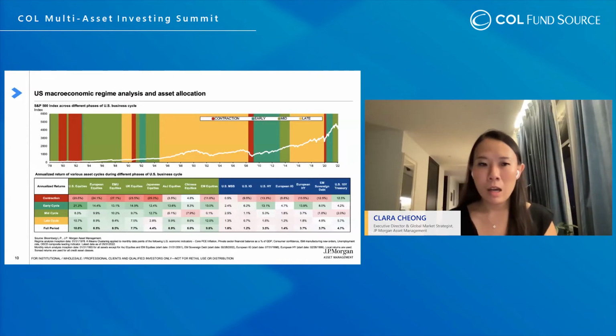What we think is really helpful in credit spread exposure is that the duration component of returns can actually act as a diversifier if we do progress from a late cycle condition to a contraction. This helps investors get some income while they are waiting to see how this situation plays out, instead of having negative returns on their cash. And this will help the overall risk-adjusted return at the portfolio level to be more positive.